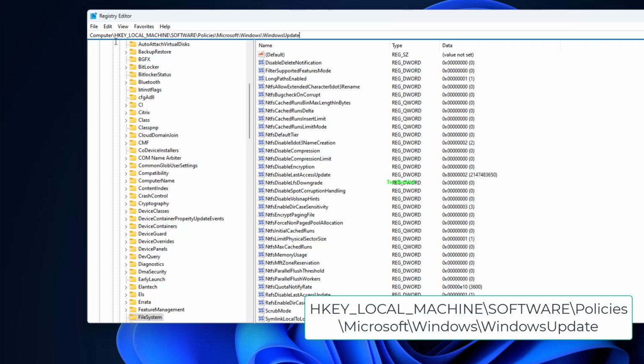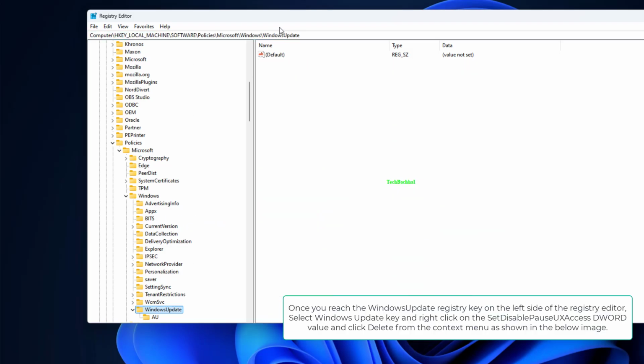HKEY_LOCAL_MACHINE, SOFTWARE, Policies, Microsoft, Windows, WindowsUpdate. Once you reach the Windows Update Registry key on the left side of the Registry Editor, select Windows Update key and right-click on the SetDisablePauseUXAccess DWORD value and click Delete from the context menu as shown